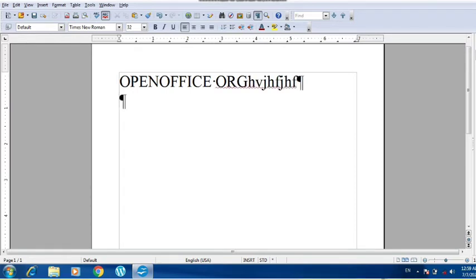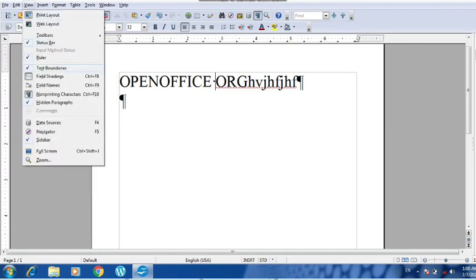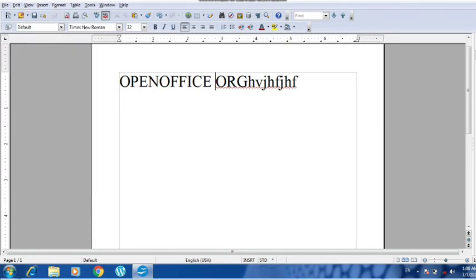So the enter sign also has a character associated with it. These are the characters which cannot be directly typed from the keyboard. That is why they are called non-graphic characters. All right, so this is how you can switch it on and off as well. Now you can click here, it will be switched off and it will not be visible here.